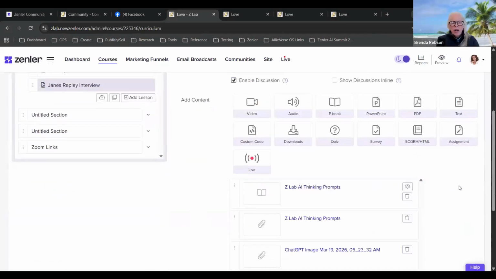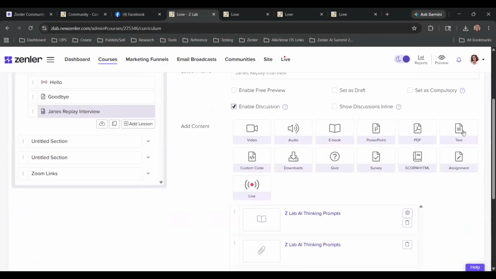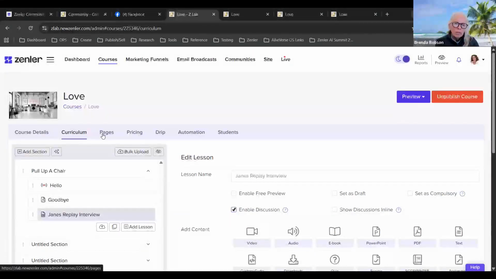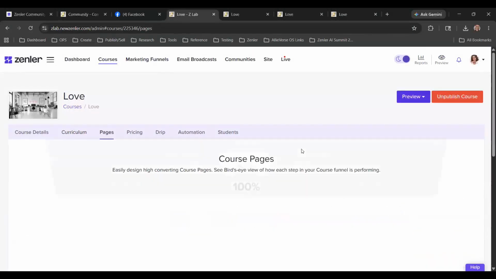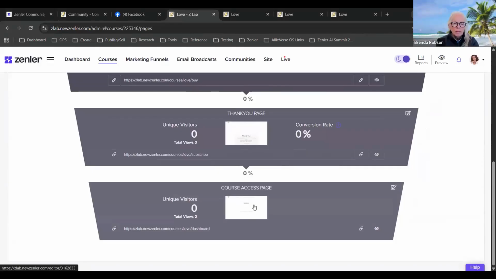I wonder if I should run it by support before I use it, because that's in here. I wouldn't. Okay, so this is how I would do it. It's not going to work in the lesson, but this is your course access page. So this is how I would maybe do it.